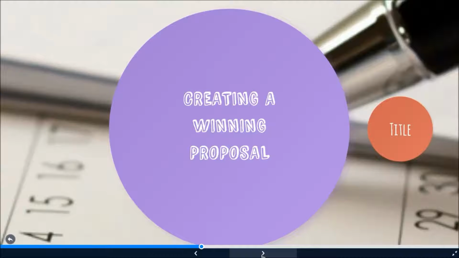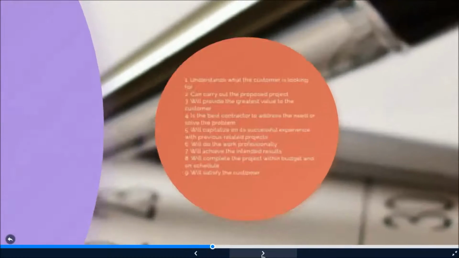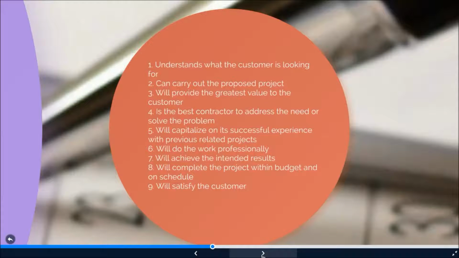Okay, so a proposal is a selling document. It is not a technical report. So in the proposal, the contractor must convince the customer that the contractor understands what the customer is looking for, can carry out the proposed project, will provide the greatest value to the customer, is the best contractor to address the need or solve the problem,